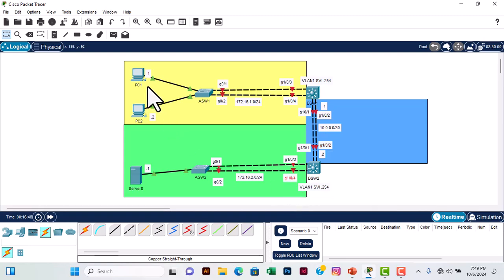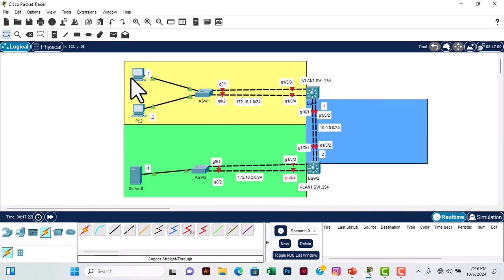So first thing, we need to assign the IP address to the N host. So this network is 172.16.1.0/24. So the first IP is given to the PC, the second IP is given to the PC, the third IP is given to the multi-layer switch virtual interface. The same applied to this. The first IP in this network, 2.0, is given to the server. The last IP is given to the